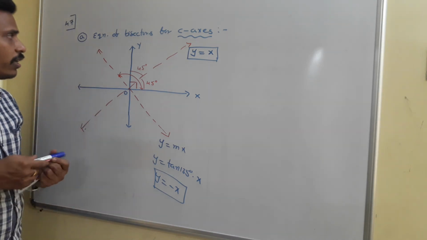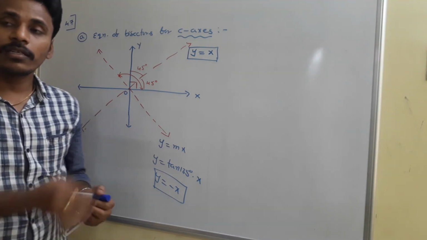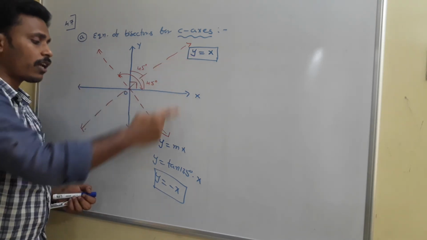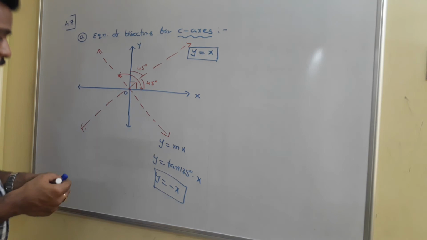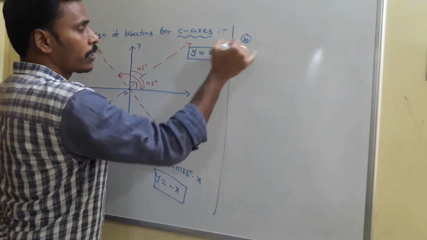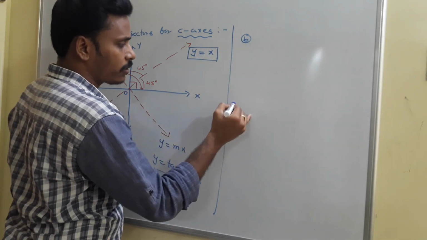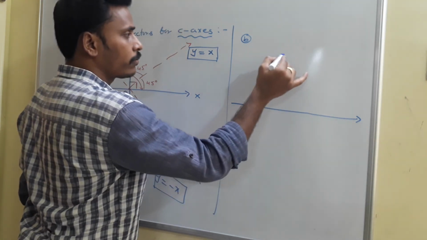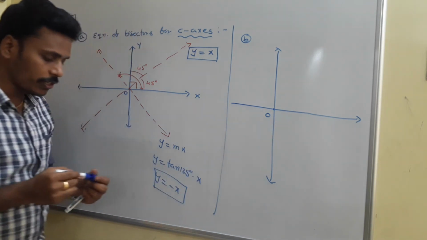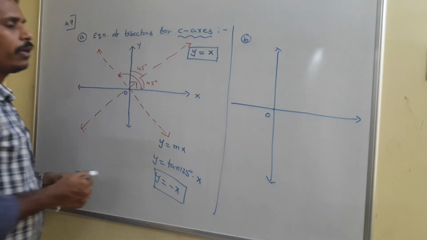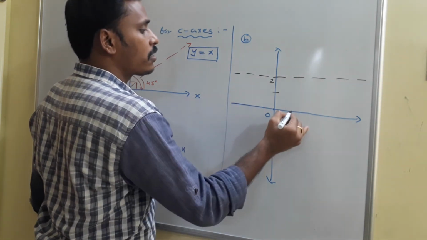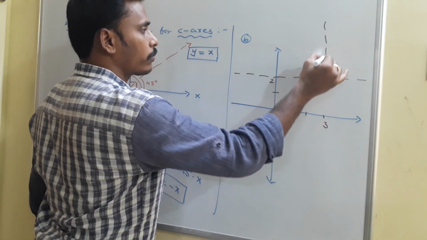Okay, so with this theory we have a chance to extend it, right? See, the x-axis is the horizontal line, the y-axis is the vertical line, and we found the bisector equations for those horizontal and vertical lines. Now, for example, if I have two other horizontal and vertical lines, not the coordinate axes, take this as the x-axis and this as the y-axis. We know that this is the origin. Now I am going to consider another horizontal line, passing through 2, and I will consider another vertical line, maybe passing through 3.